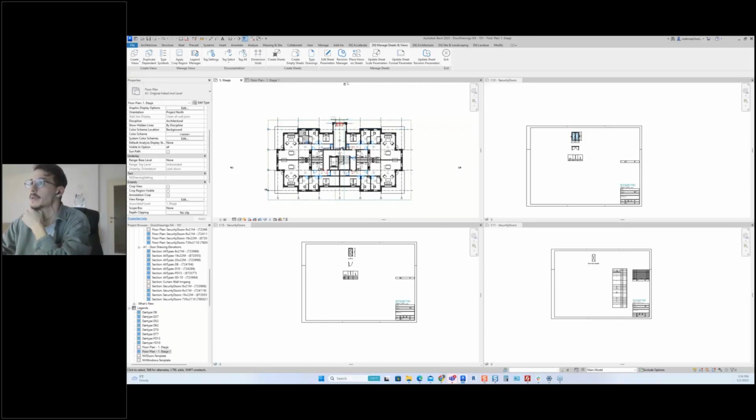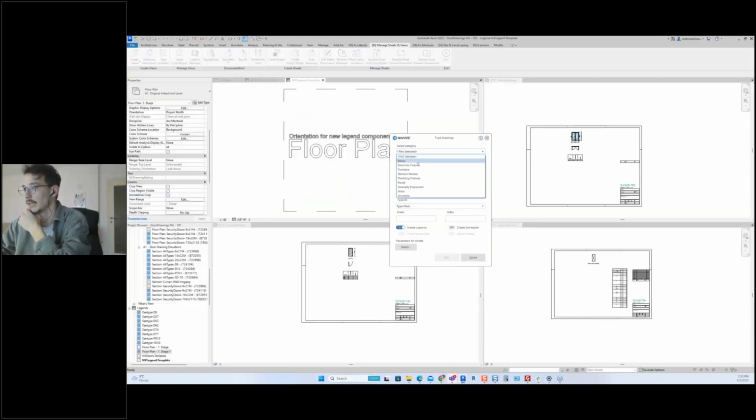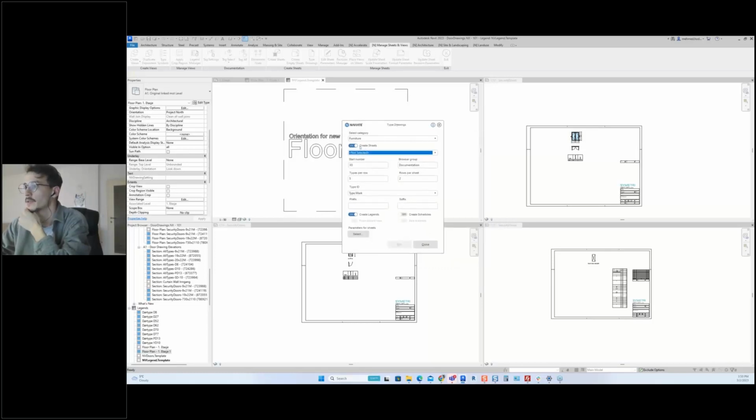It's called type drawings, found in Accelerate under Manage Sheet and Views. So you can run this feature and you can define the category of element for which you want to create. Right now, I don't think I have any caseworks in this project, but they will be found. Furniture, for example. So you can define, again, a similar UI, define what type of block you're going to use, the sheet layout,